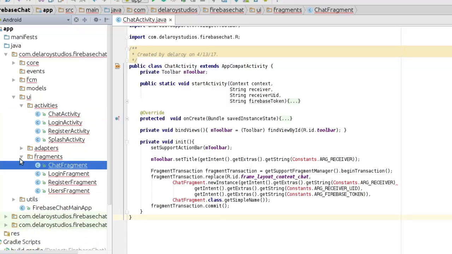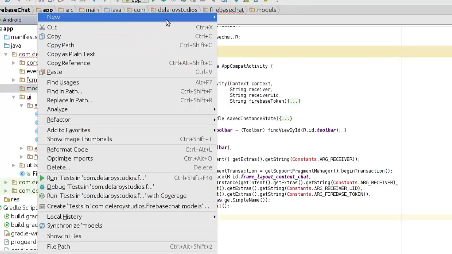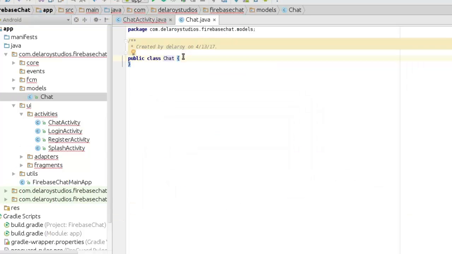We also made mention of the utilities, but let me quickly create the models. We're going to have the chat and the users. So let's create that together. New Java class. Let's start with the chat. We need the models, and we're going to integrate a sort of